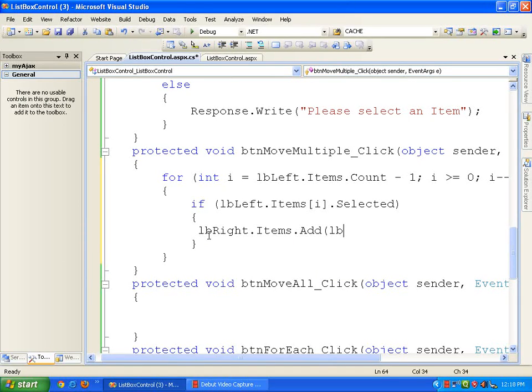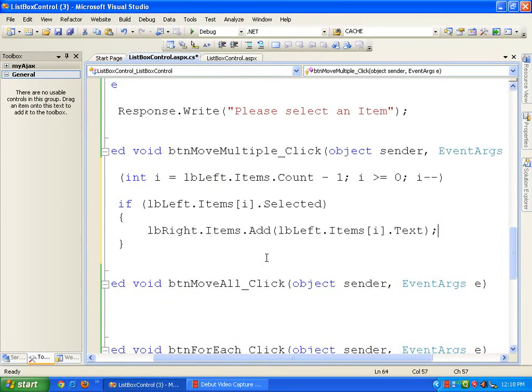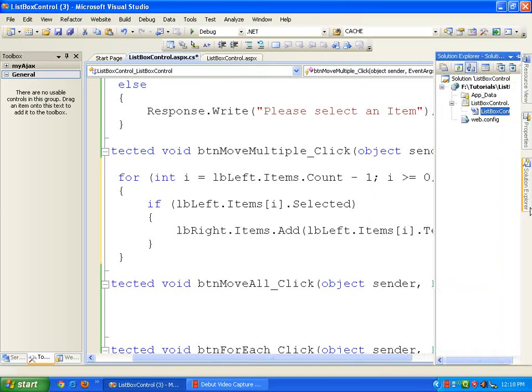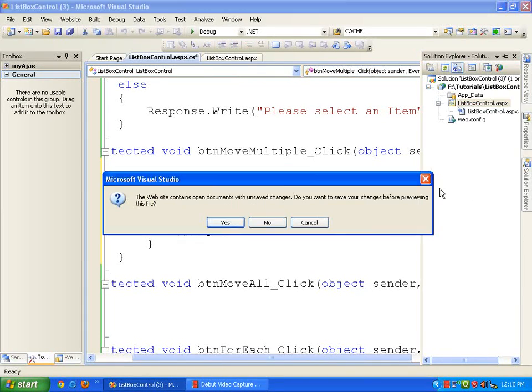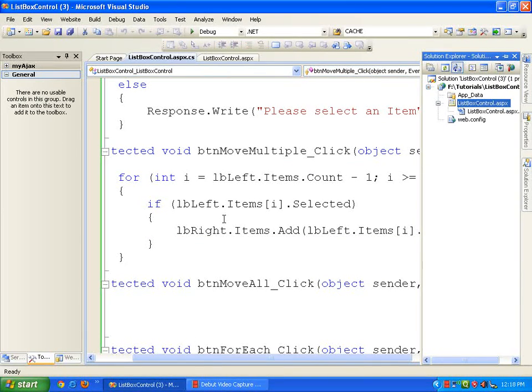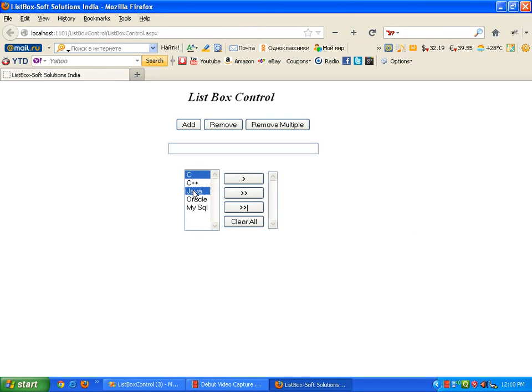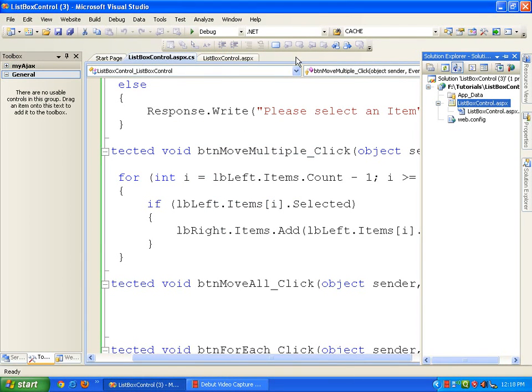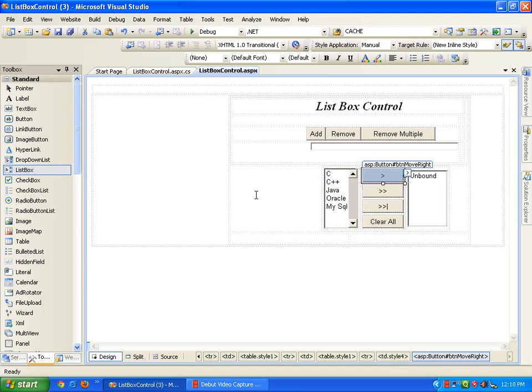So write down the code lbRight.Items.Add(lbLeft.Items[i].Text). Now you will see the multiple items get added over here.